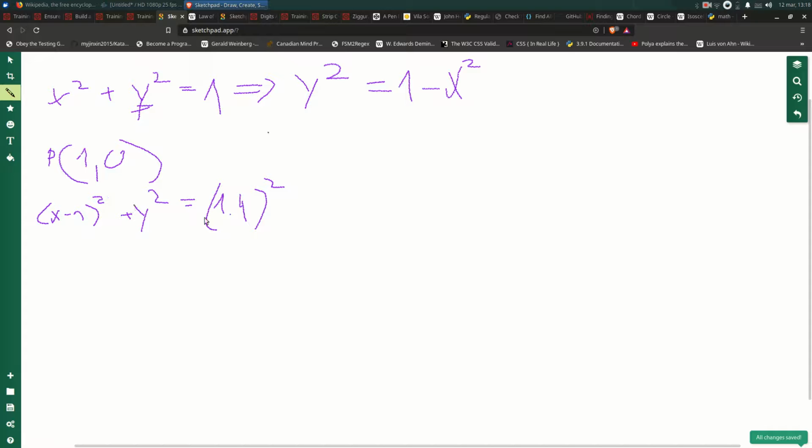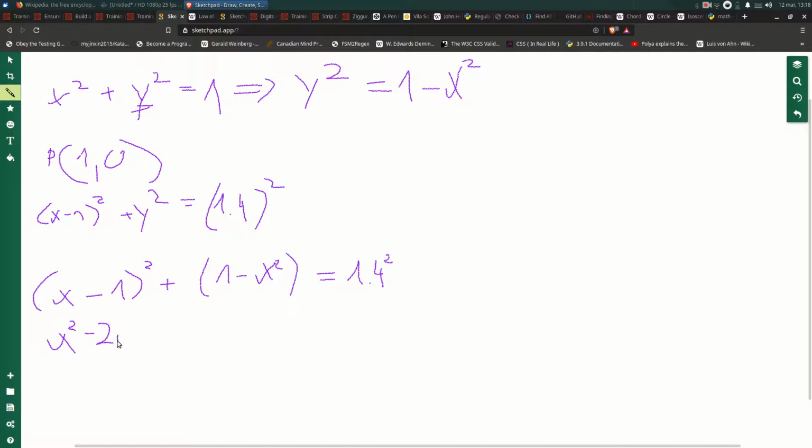And we don't even need to change to y, so we say here (x minus 1)² plus (1 minus x²) equals 1.4 squared. Here we say x²